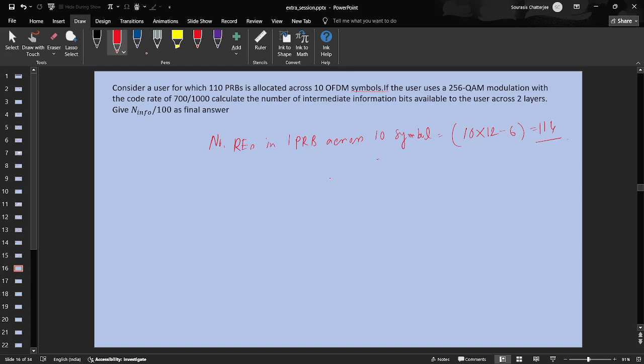And so N info is going to be 110 such PRBs, 114